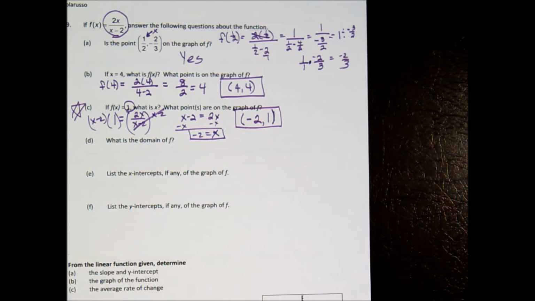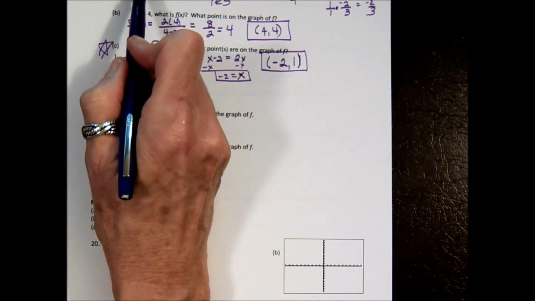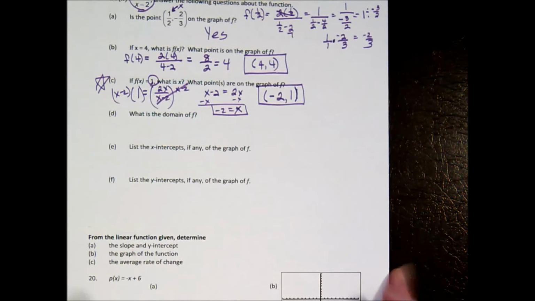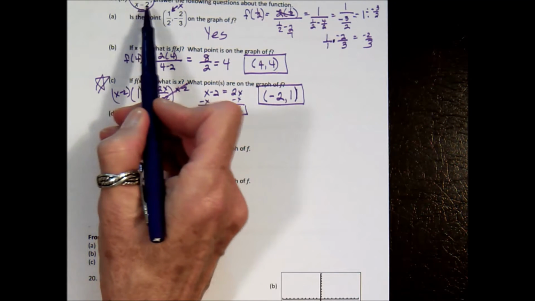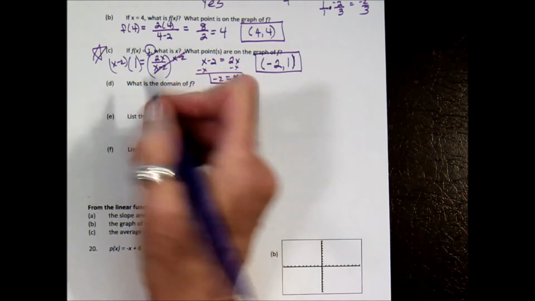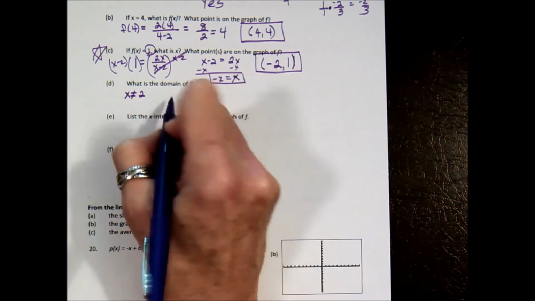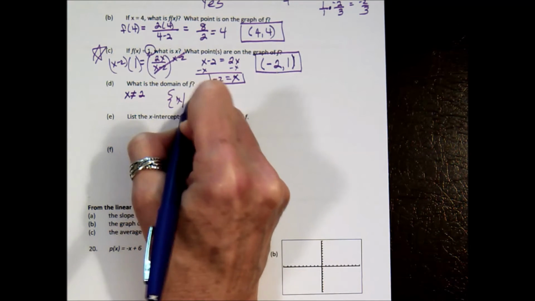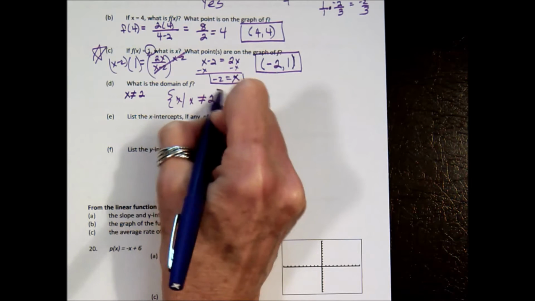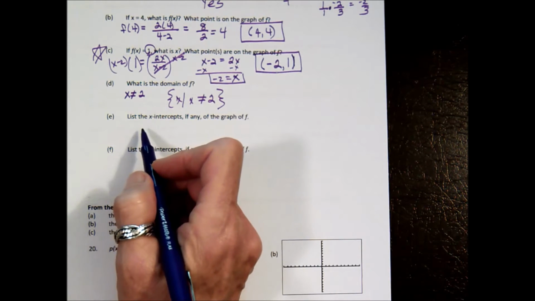What is the domain? Now let's go back to the original. Be nice if you could see it. There is a variable in the denominator, and you can see by inspection x cannot be 2. So the domain, since x cannot be 2, is the set of all x such that x is not equal to 2. The X-intercepts are the hardest because this is where we let y equal 0,